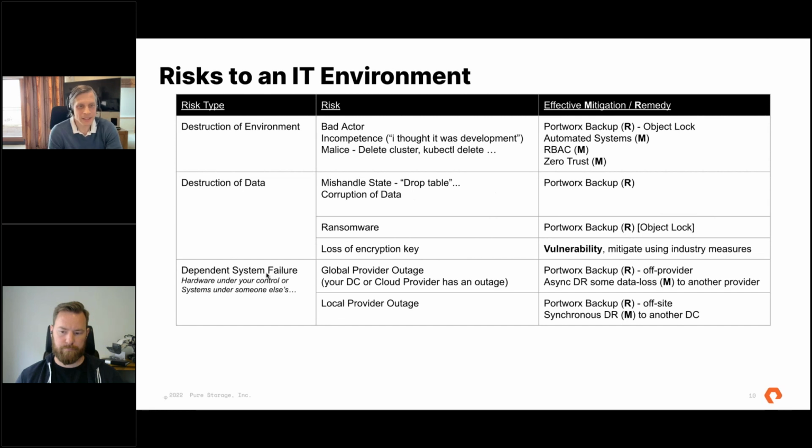And then on to dependent system failure. As we get into using other people's services, these things are out of our control, or you know, stuff breaks all the time as well. So if you've got say a global provider or a global service, you can mitigate their failures. If you've got a local stretch Kubernetes, for example, you could mitigate a region. So I spend a lot of time thinking about public cloud. So in the scenario of a highly available stretch cluster over 2 availability zones, if one of those availability zones had a problem, you should still be able to keep going. So that would be avoiding local failure outages.